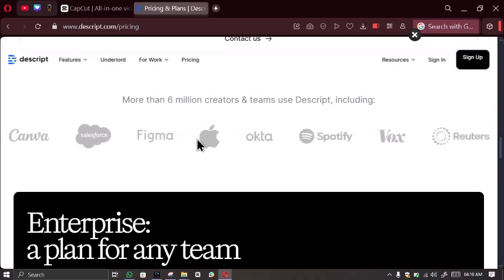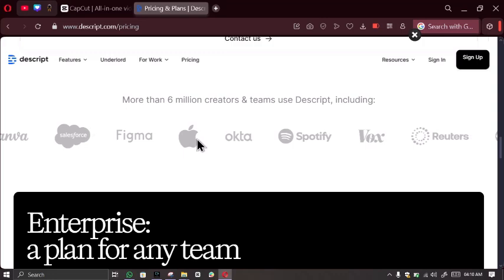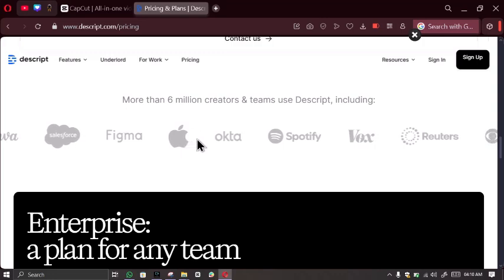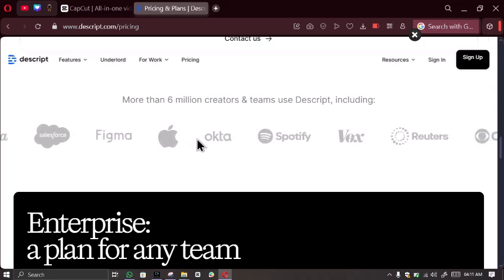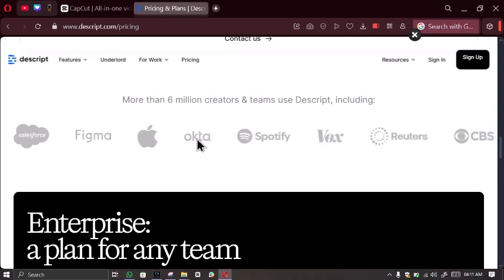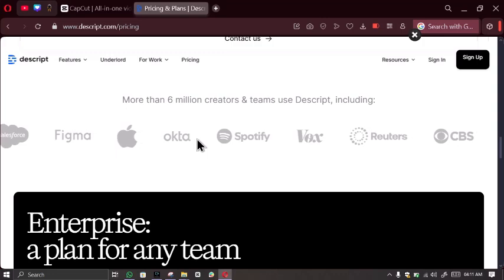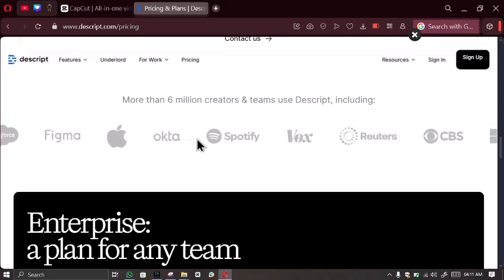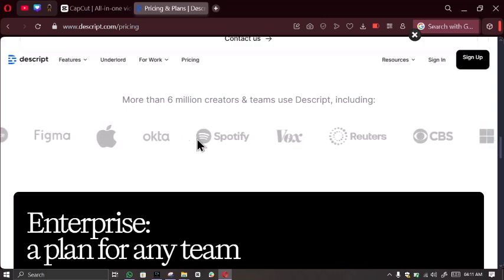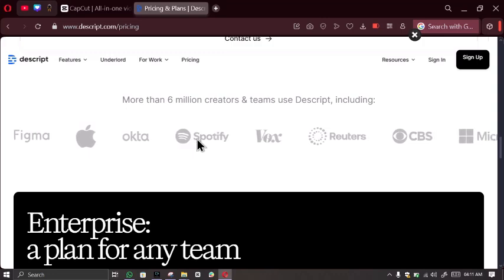Let's look at target audience. CapCut is best suited for casual creators, social media enthusiasts, and anyone looking for a user-friendly and free online video editor. While Descript is a great video editing tool for podcasters, YouTubers, educators, and professionals who need advanced features and AI-powered tools. In conclusion, both CapCut and Descript are valuable additions to the world of video editing platforms and software,